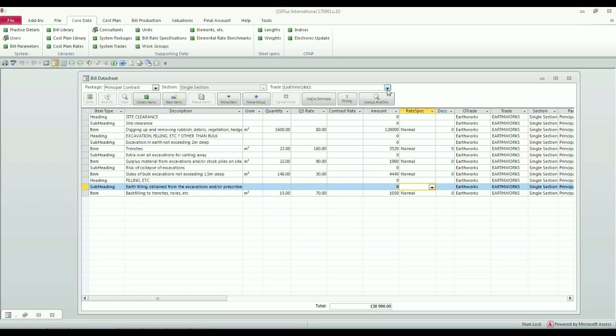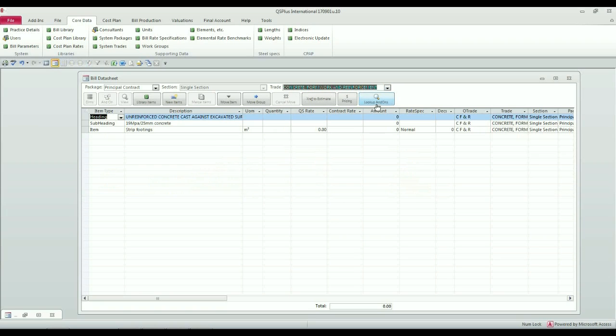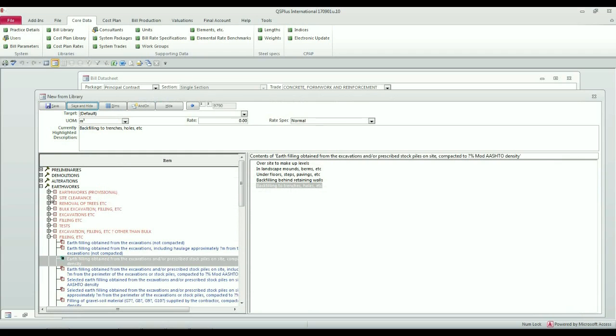So I'm going to move on to the concrete, where I selected only the footings. So to start now on the concrete, I'm going to need to select some more items from the library. We'll start with the blinding. I'll go to the library and I will find